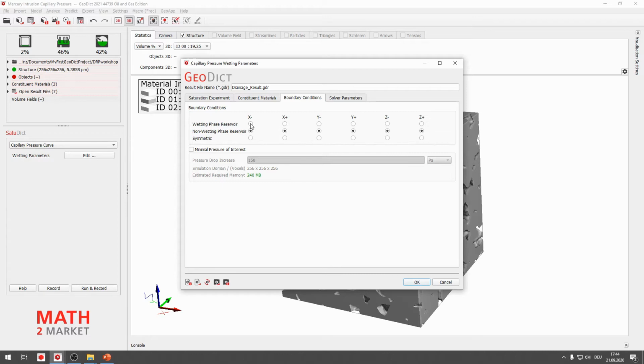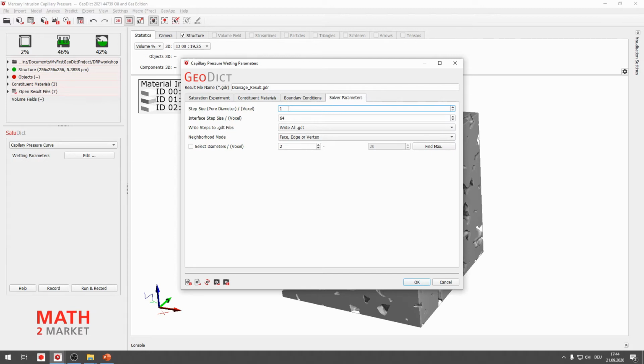Okay, so we will change all the others to wetting phase reservoir, which means that the water that's in our structure can leave from these boundaries so that the oil can further invade our pore space. Okay, let's just check the first 5 boundaries to wetting phase reservoir and leave one as non-wetting phase reservoir on the Z axis. Having done so, go to the solver parameters tab.